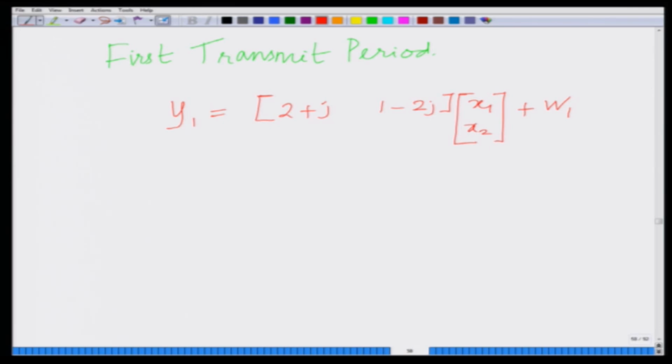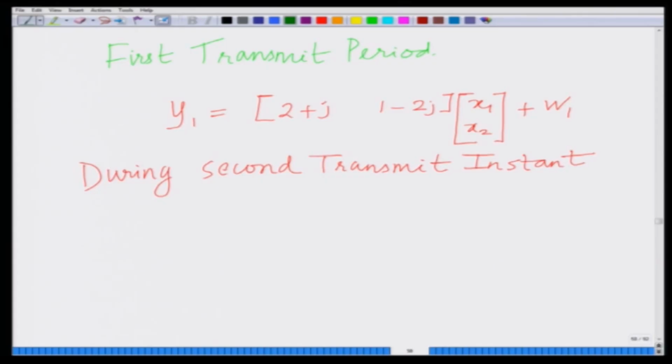During the second transmit instant, what do we have? We are transmitting minus x2 conjugate from the first transmit antenna and x1 conjugate from the second transmit antenna, remember that. It is the same symbols x1 and x2, but from the first transmit antenna we are transmitting minus x2 conjugate, from the second transmit antenna we are transmitting x1 conjugate. Therefore, we have y2 equals